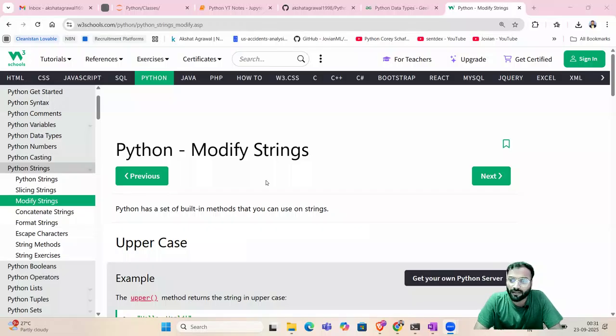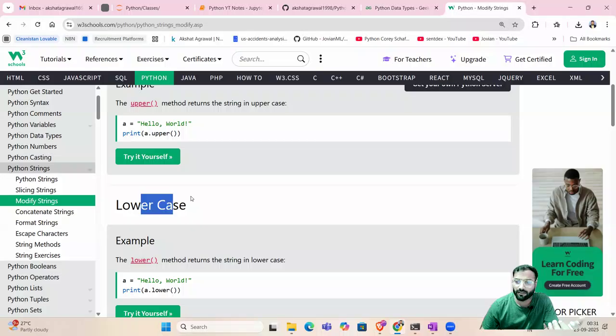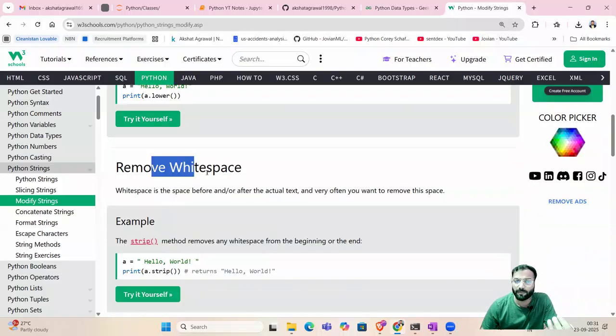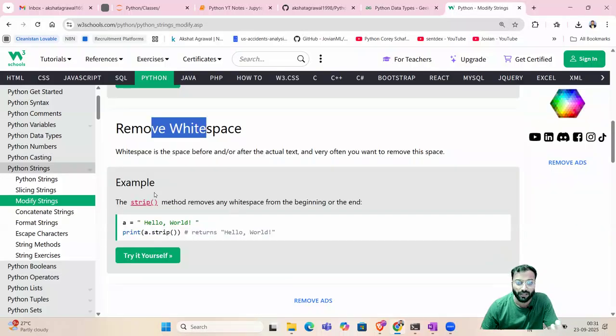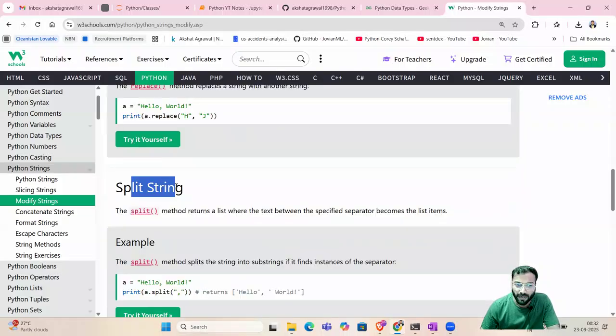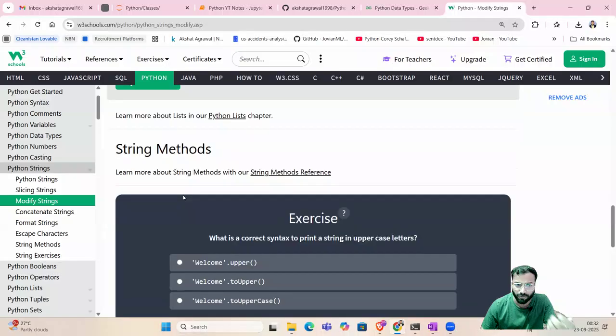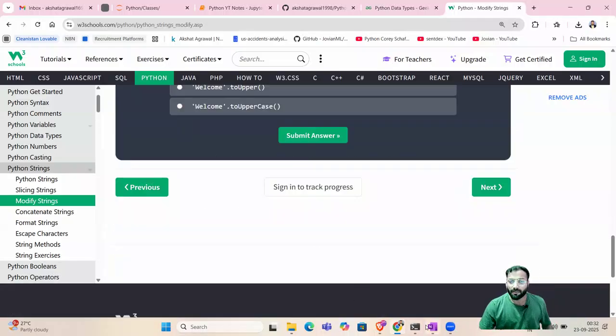Now, let us understand about modifying a string in Python. So what does modification mean? Basically, we can convert a string into uppercase or lowercase, that is small letters. We can remove the extra white spaces using the strip function. We can replace a string with something. We can split a string into multiple different substrings, right? So there are n number of things. But conceptually,